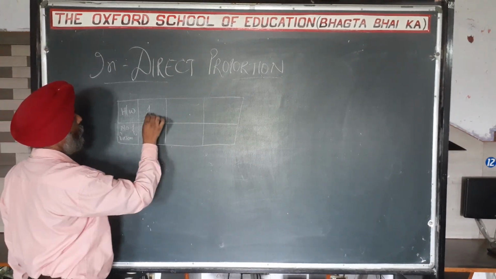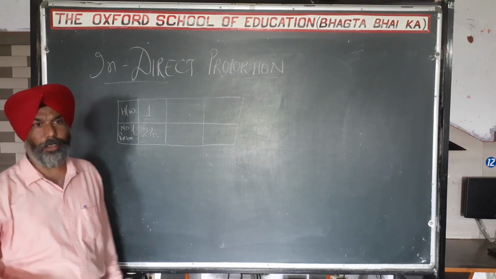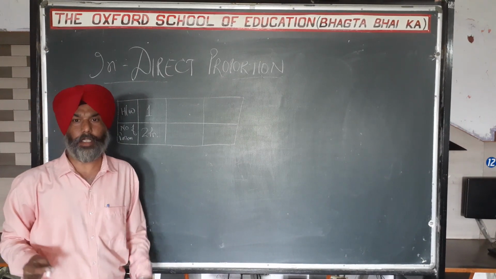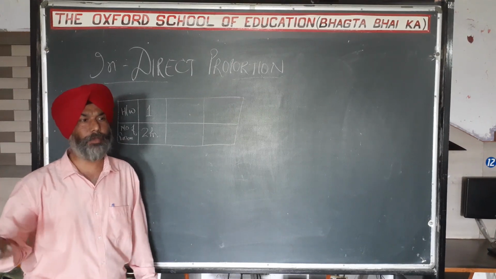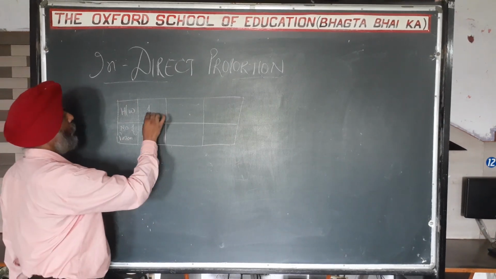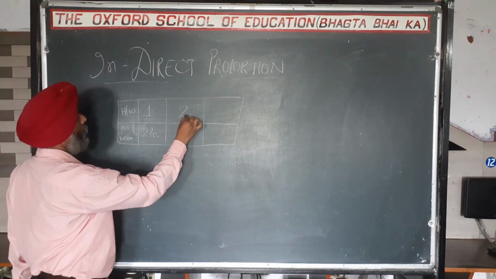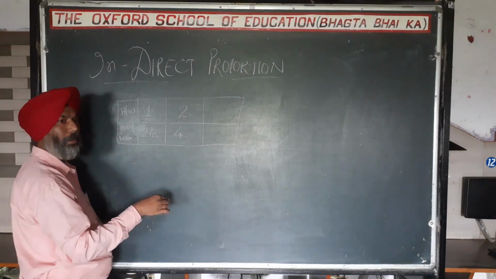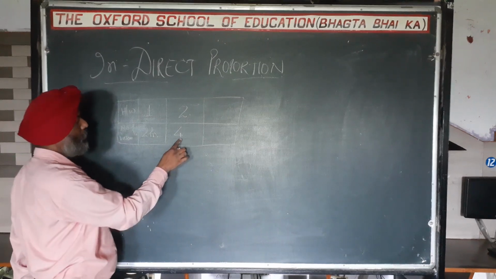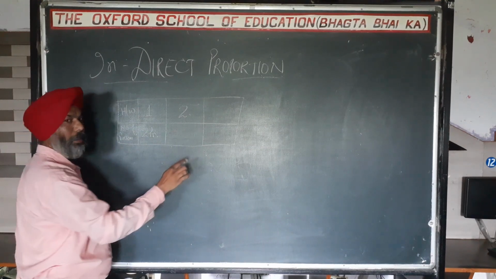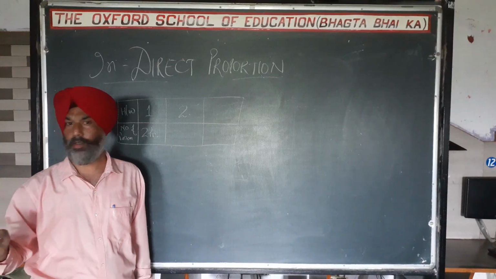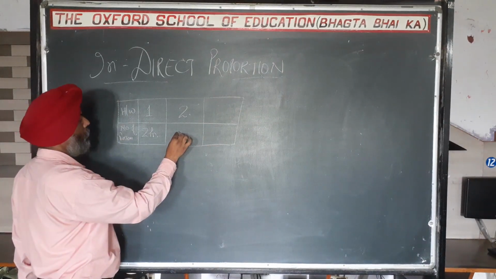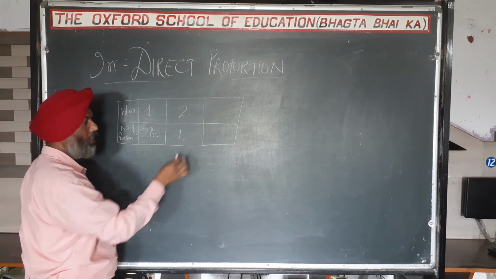And when this one boy gets tired with that much homework given by the teacher, he takes help from his brother or sister, who come and help him. Now they become 1 plus 1, 2. So does it mean both are taking 4 hours? Am I right? Do you agree? No. When the number of persons increases, the time they consume decreases. Instead of 2 hours, they will finish the work in maybe 1 hour.